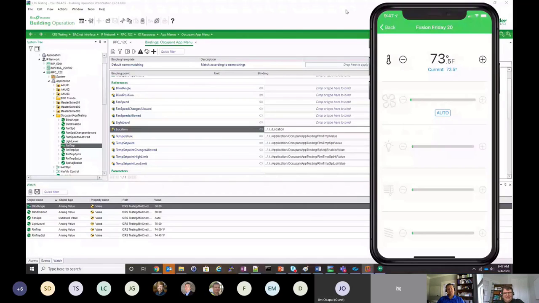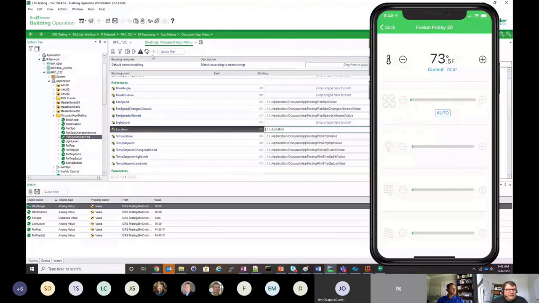Thanks for joining us. Okay, so let's say we wanted to do more than just temperature. Let's say we wanted to bind the fan and maybe the lights too. So that's just a matter of, in fact, I'll show you binding the fan first without changes enabled. So if I bind fan speed to fan speed, and fan speed changes allowed,